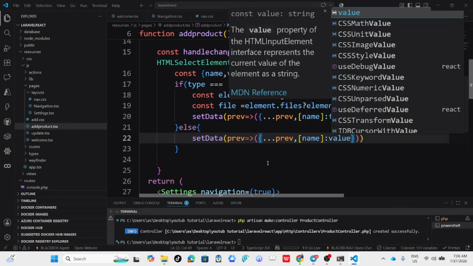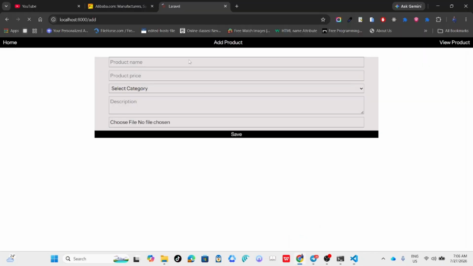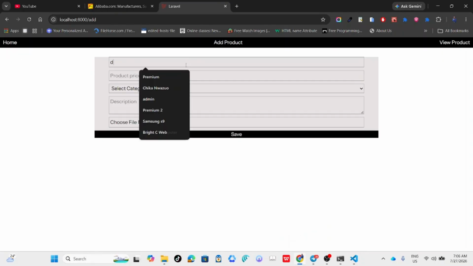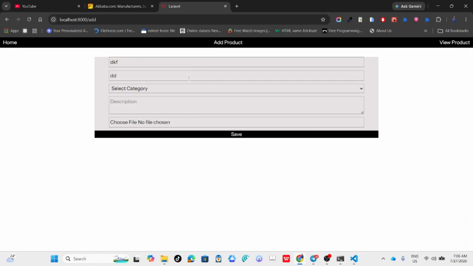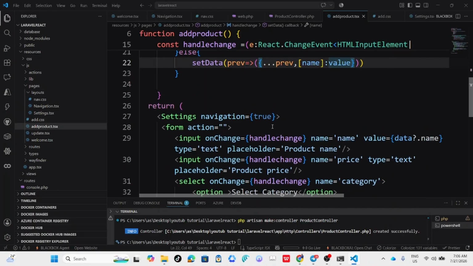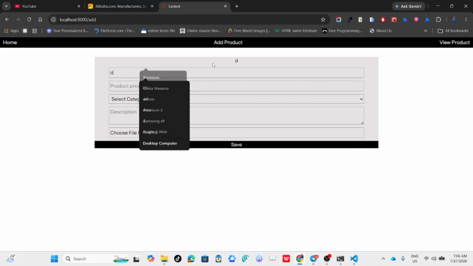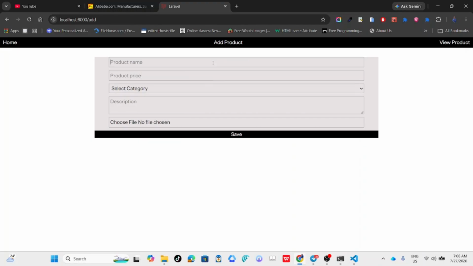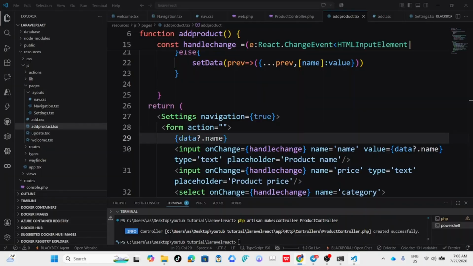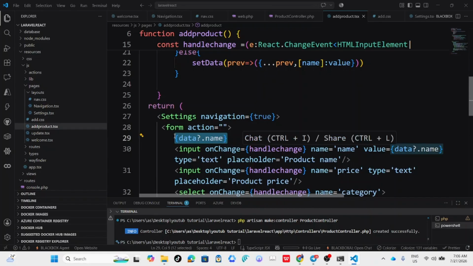Save the changes. Refresh your page. Now, for you to see what we have done, data.name, as you can see, now navigate to